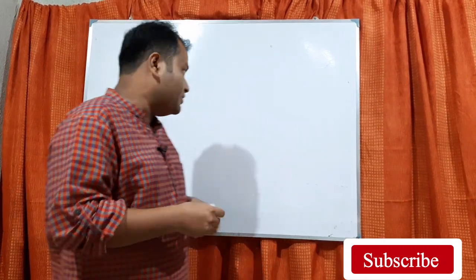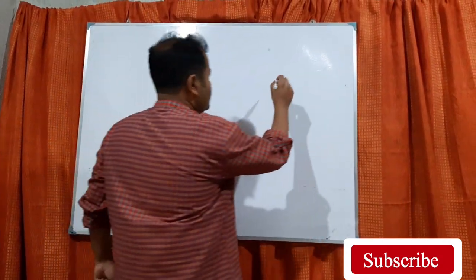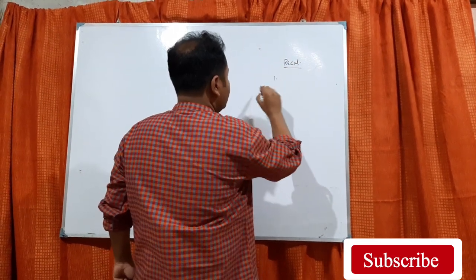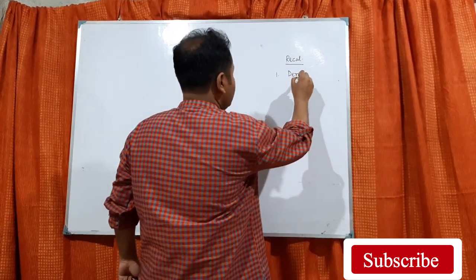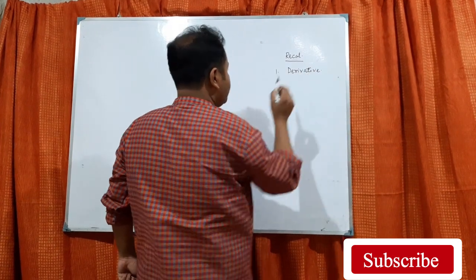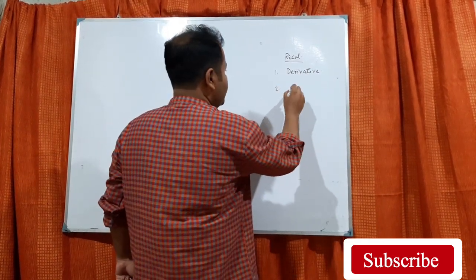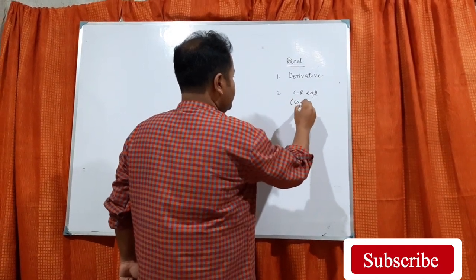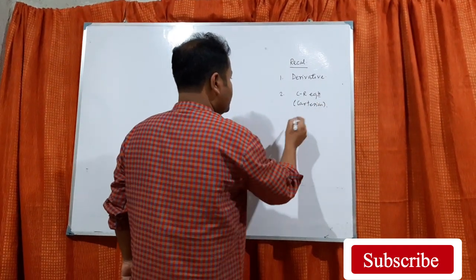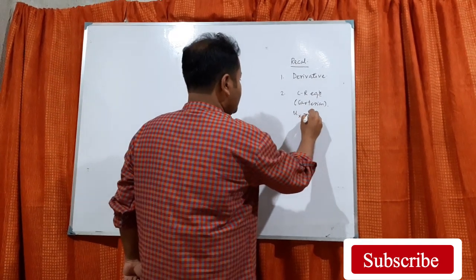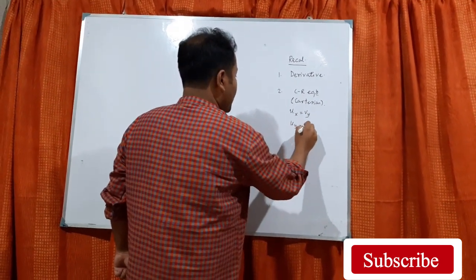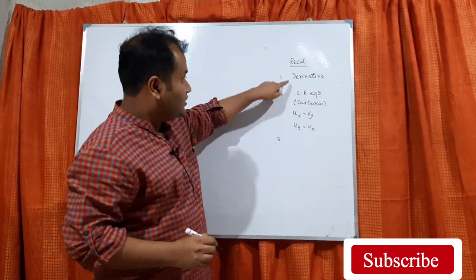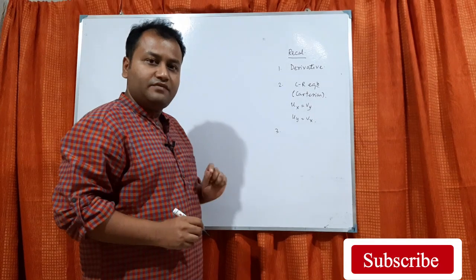So what we have done in the previous class, if I give a brief recall, we have given you the idea of the derivative of a complex function. Then we have given you what the CR equation is in Cartesian form. That was ux equals vy and uy equals minus vx, and finally we have given the necessary condition of differentiability of a complex function.